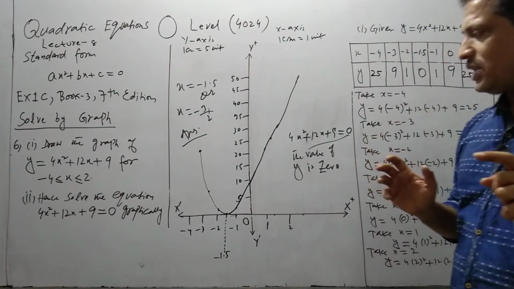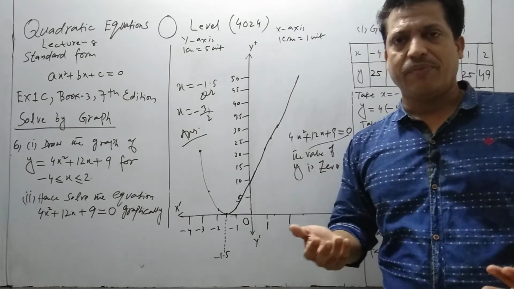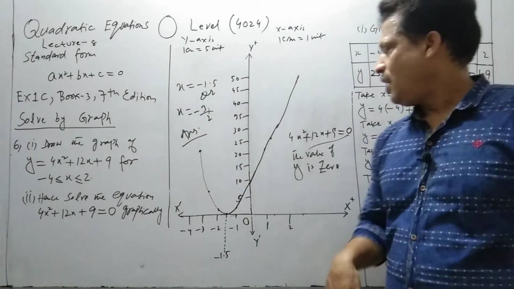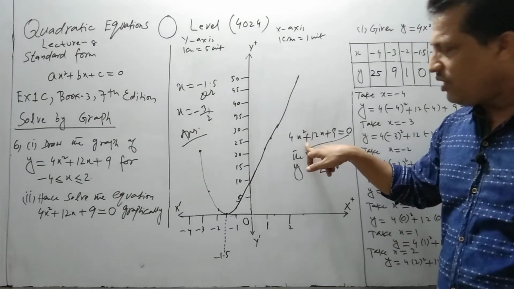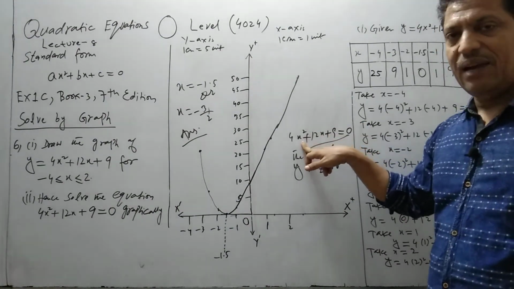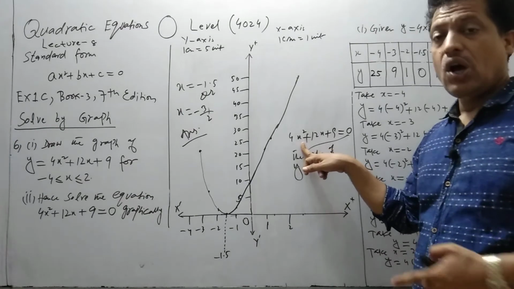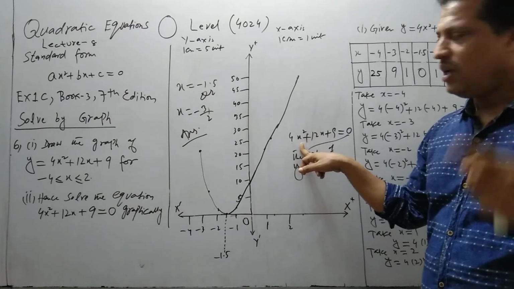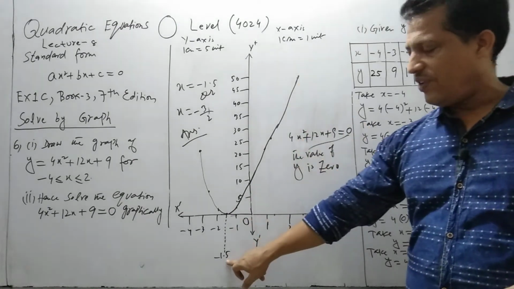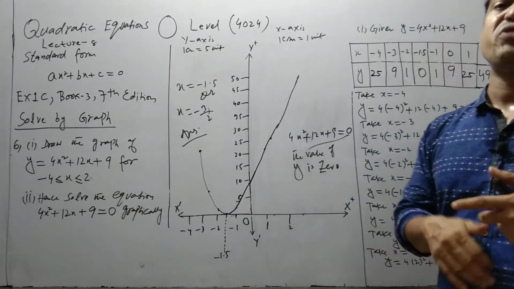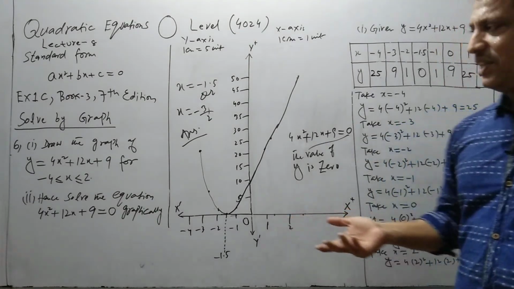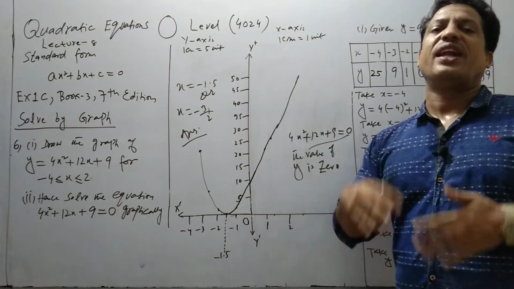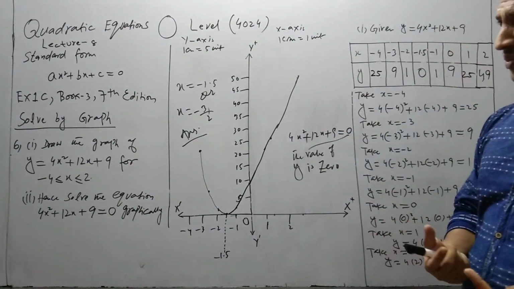And again, students, you must keep in your mind, if we change the method, the answer doesn't change. If you find the value of x with the help of the completing square method, the quadratic formula or factorization, I assure you, you will get the same value of x, -1.5. So if you change the method, the answer doesn't change. I hope you understand completely the concept of graphical solution of a quadratic equation.